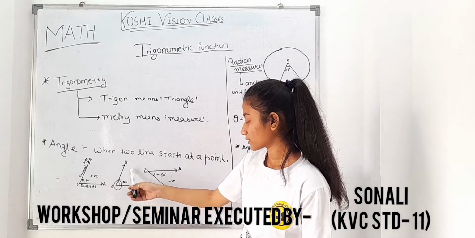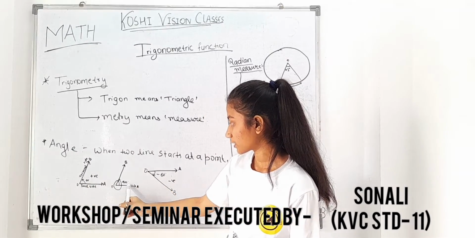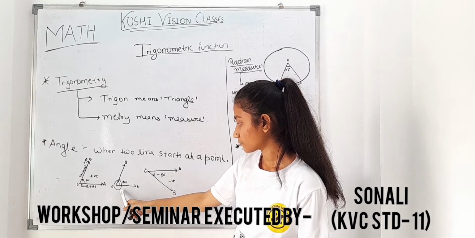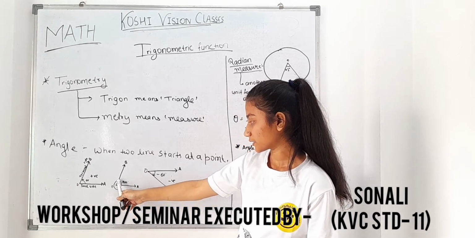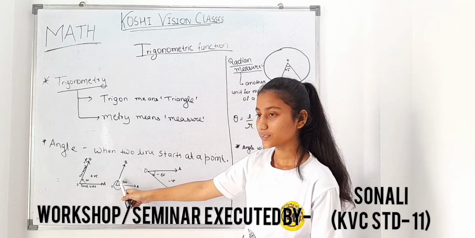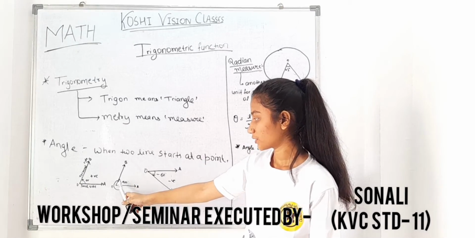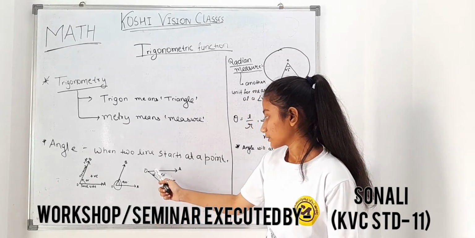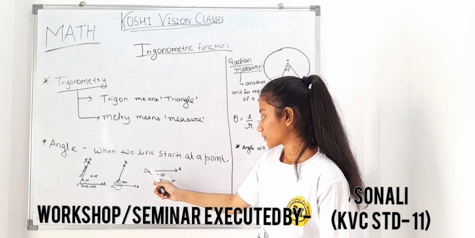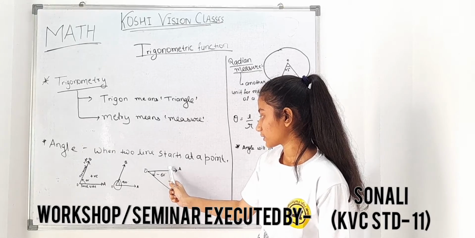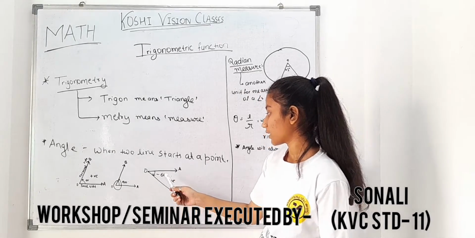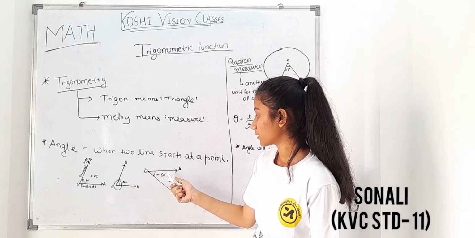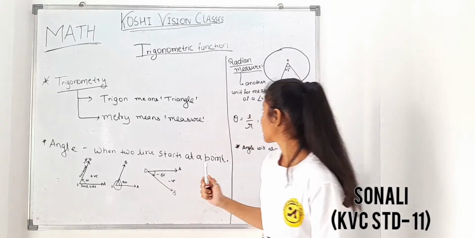And in this figure, see, this is the initial side and this is the terminal side, and it starts from 0 and goes to 420 degrees. This is a 420-degree angle. In this angle, this is the initial side and this is the terminal side. So it moves clockwise, and then they make a negative 60-degree angle.